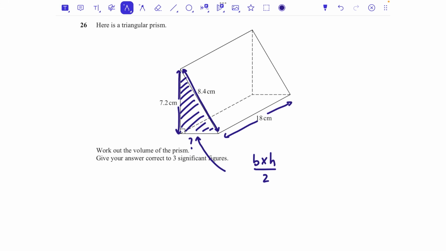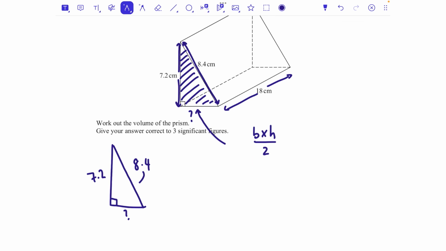So some of you might remember that if you have a right angled triangle and you know two sides and you want to know the third side, you can use Pythagoras. And here we want to know a shorter side and we know the longer side, which is the hypotenuse. So we're going to do 8.4 squared take away 7.2 squared. And we always square. If we want the hypotenuse, we add them. But if we want a shorter side, we take away. So 8.4 squared, take away 7.2 squared, and then square root that answer, and that is